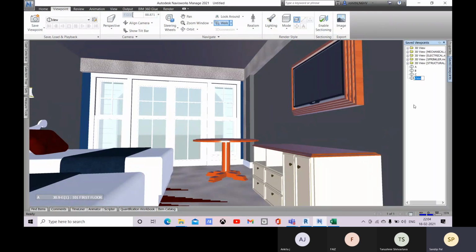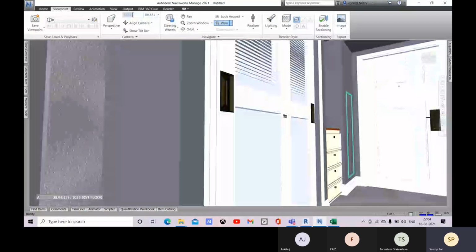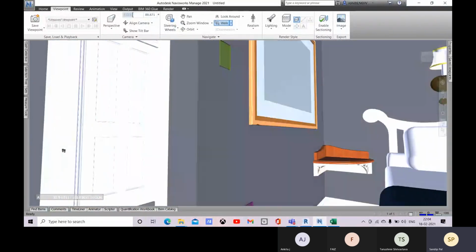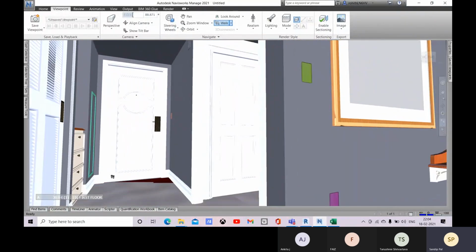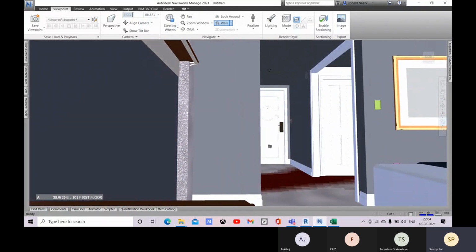Now save this viewpoint, let's say D, enter. Okay, now I will move backward.